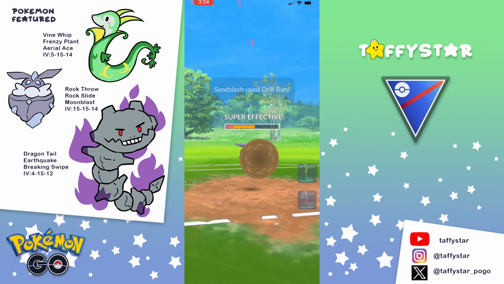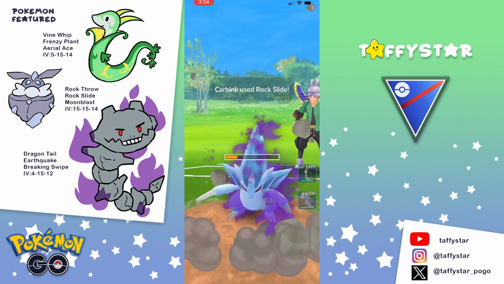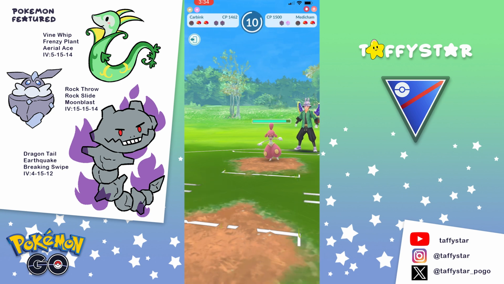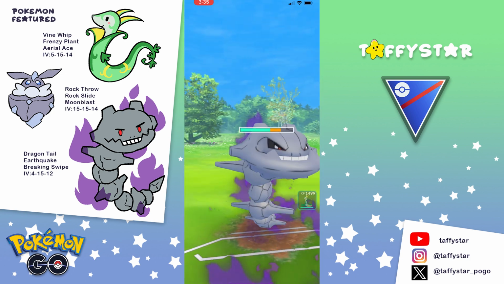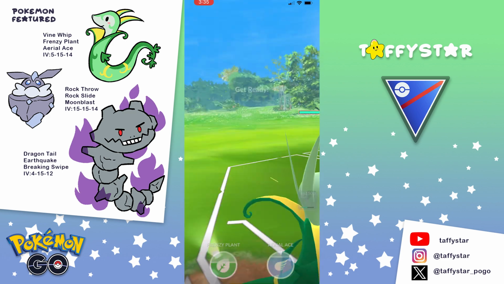Now, I'm gonna go ahead and live this Drill Run, and my opponent is going to no-shield this Rock Slide, which is really good for me. I wasn't actually sure if I would live the consecutive Shadow Claws afterwards, so I'm glad that my opponent let that Rock Slide go. And then they bring in Machamp,